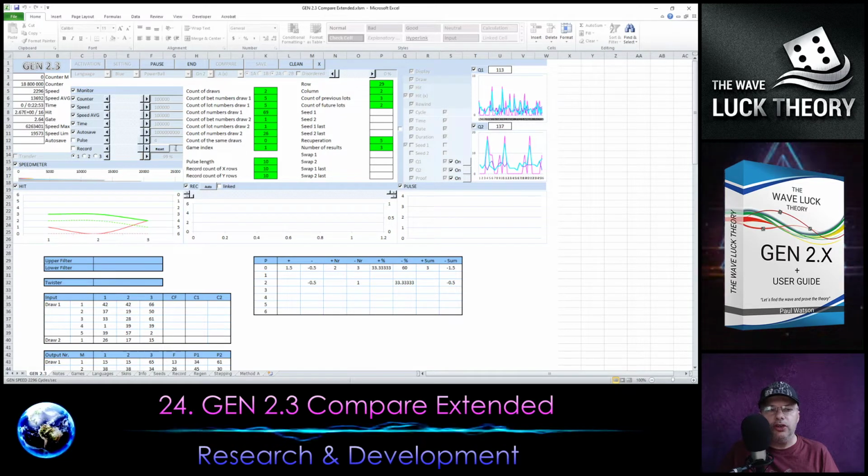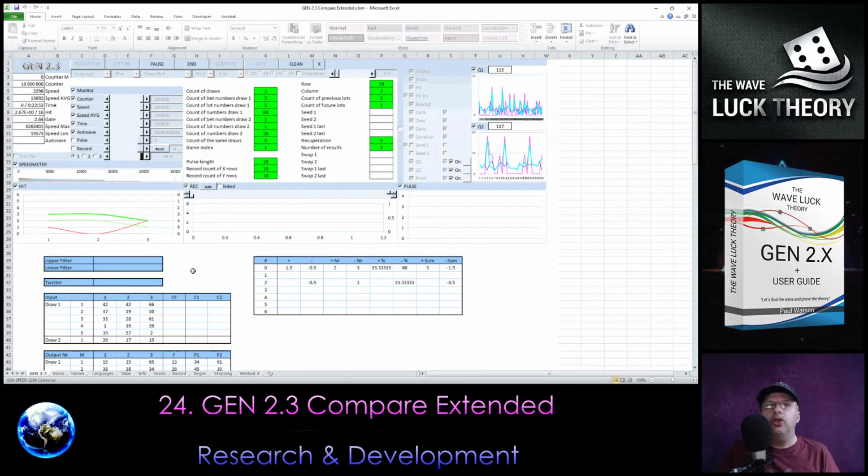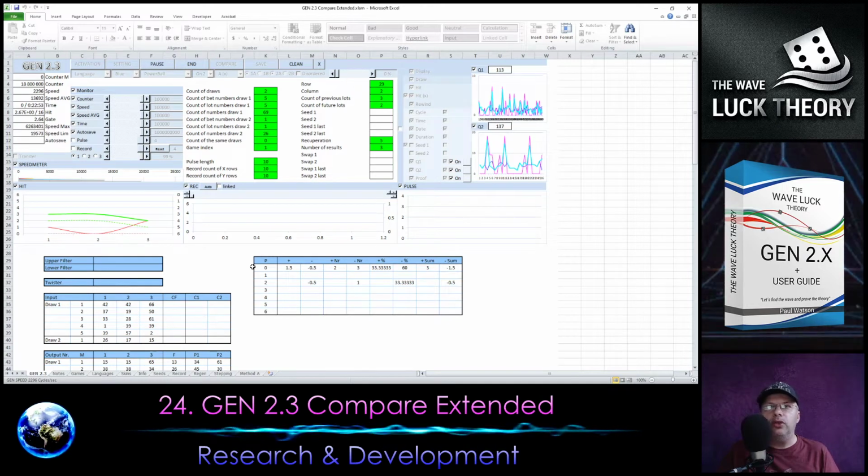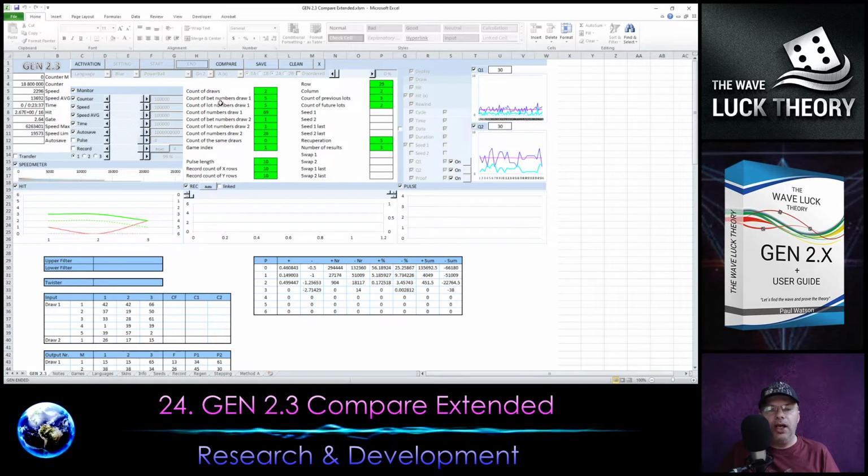Now the Gene is running for some minutes, or for some short time, and here we have the input of the Powerball, three last drawings, and then we have the first prediction, then this is the future one, and then the prediction for P1 and P2. So what we usually do at the end of the generation, we just stop it and then we click compare,